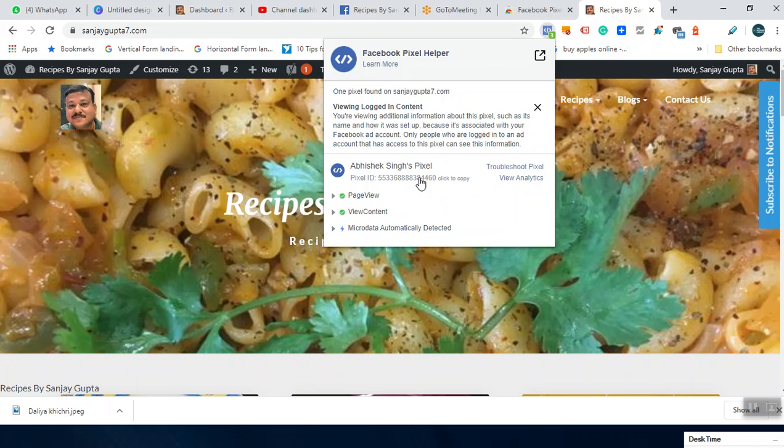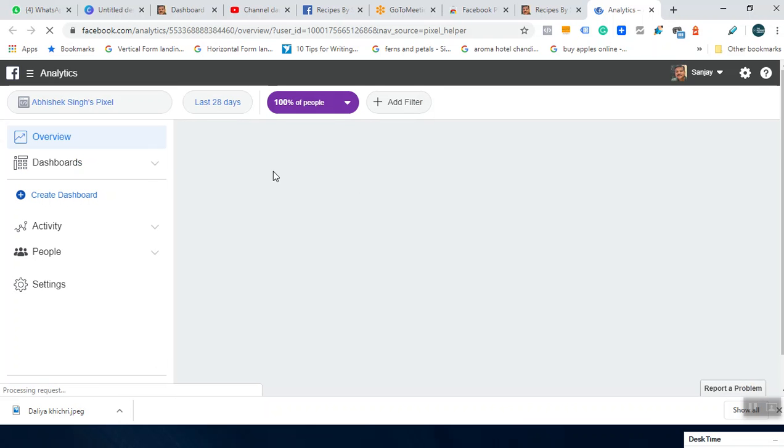So in order to see the analytics, you can simply click on view analytics, and it will take you to another page where it will show you the complete analytics for that particular page. So it will just get loaded in a second, and then you will be seeing the analytics. So here, if you see, this is the dashboard of analytics: overview, dashboards, activity, people, settings, everything is there.